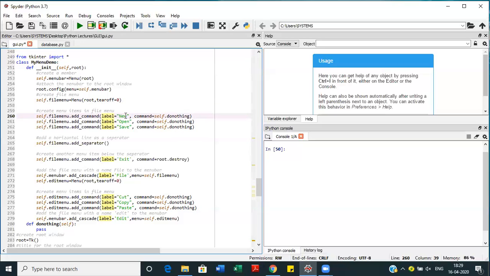Let's say I want to add New, Open, Save on the very first menu with object filemenu, and the command, that means the action that needs to be performed, should be donothing. This donothing is defined here. As you can see, in this we have just written pass. That means it will do nothing.